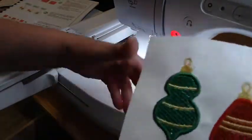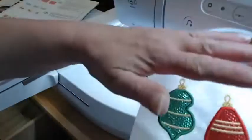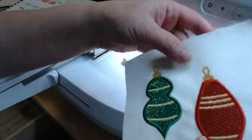Okay, now if it looks a little wrinkly, don't try to press it out, especially with this Mylar, because the Mylar needs to be covered for